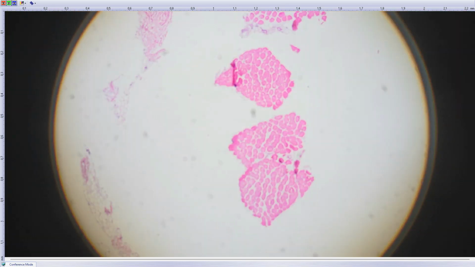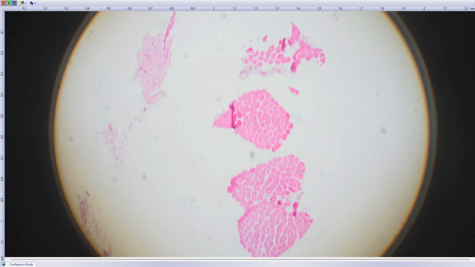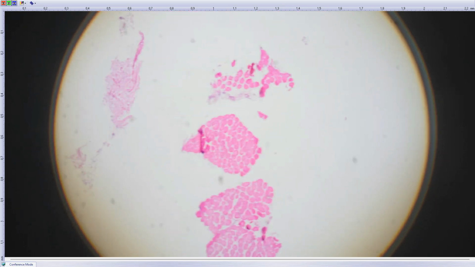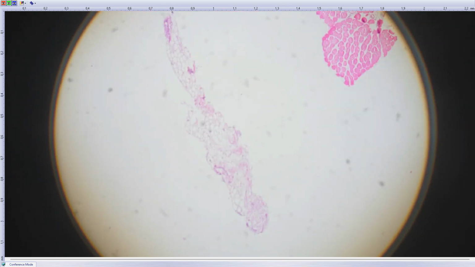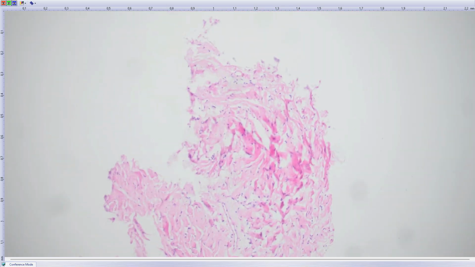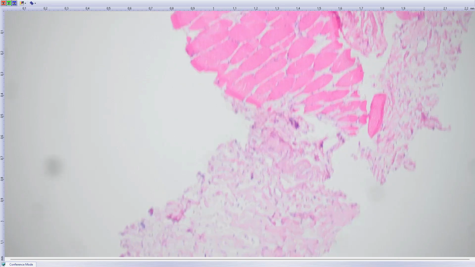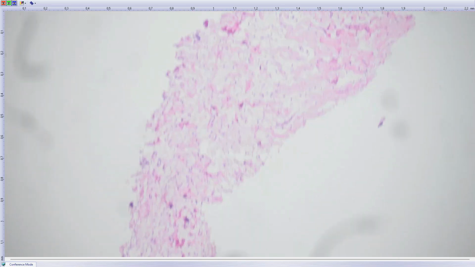The first was an adult male with a tumor on the thigh. So very poor clinical information, no information about size or anything else, and also very poor material. So you can see just fragments of skeletal muscle, some adipose tissue, and then these small fragments which consist of mostly sclerotic stroma and some bland ovoid spindle cells,